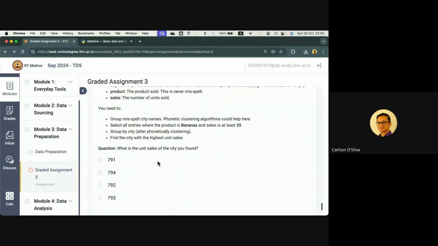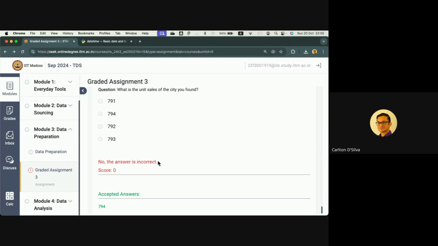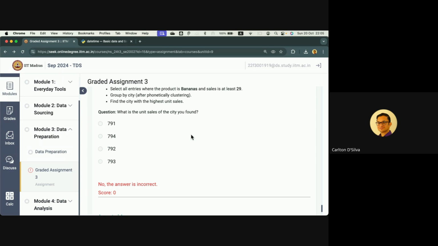Basically, if you used OpenRefine, you would get the right answer. It's hard to get this wrong. But that was the most common mistake, which is in OpenRefine, when you're clustering, which I will just quickly demonstrate at the beginning of next session because we have run out of time. That was the most common error that most students made. They would not do the clustering properly. And there are many,